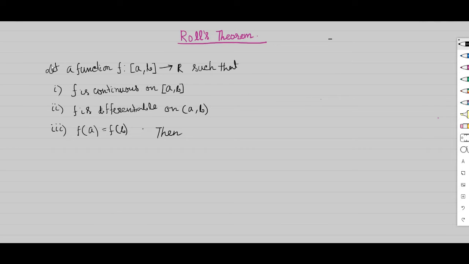Then f is a function which is satisfying the three conditions, 1, 2, 3. Then